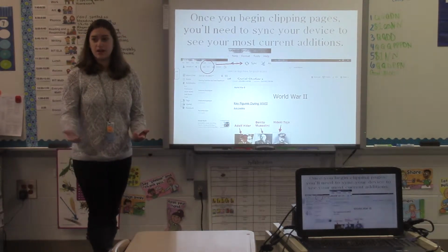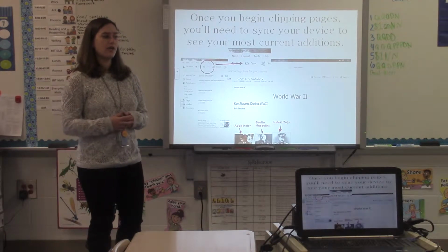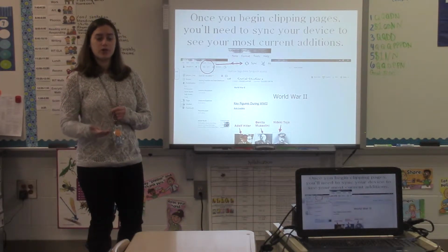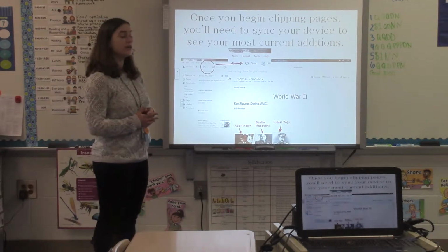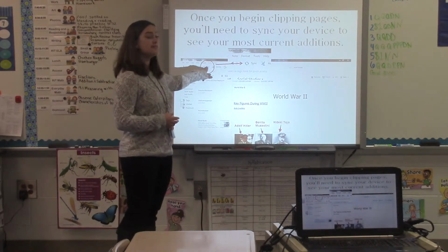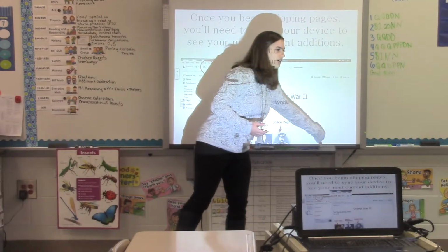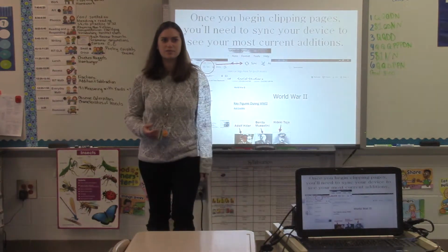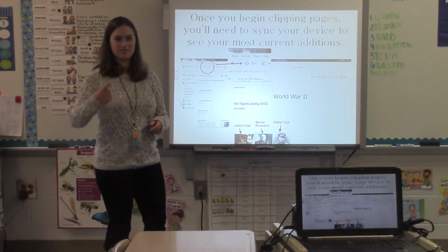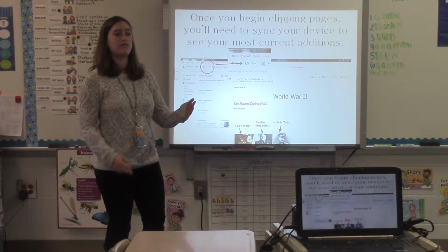The one thing that we did have a little bit of a conversation about before was syncing. So if I'm on my phone and I want to go ahead and capture something that I'm seeing, I would go ahead and use the web clipper to be able to keep it all on the same information. But then the idea of having to sync the device, I don't know if you've noticed at all, but on the bottom of the smartboard, it keeps coming up like synchronization complete. And so it's doing it on its own, but just in case it doesn't,